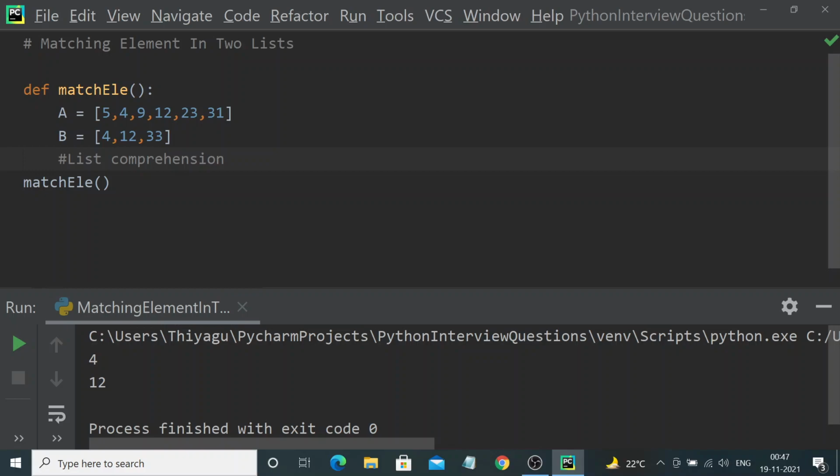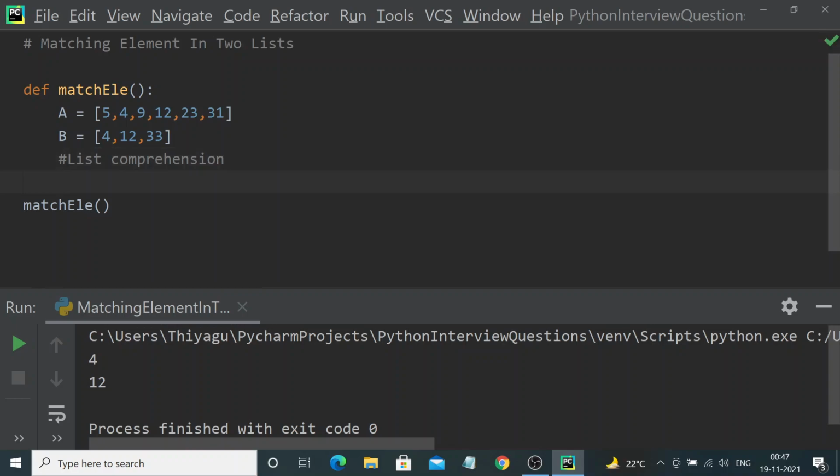Generally, list comprehension is the best way of optimizing the code. For example, in our earlier implementation, we had a couple of for loops and an if condition to perform the implementation, right? Whereas with the help of list comprehension, we can minimize those three lines of code into a single line of code. So let's start looking into that example.